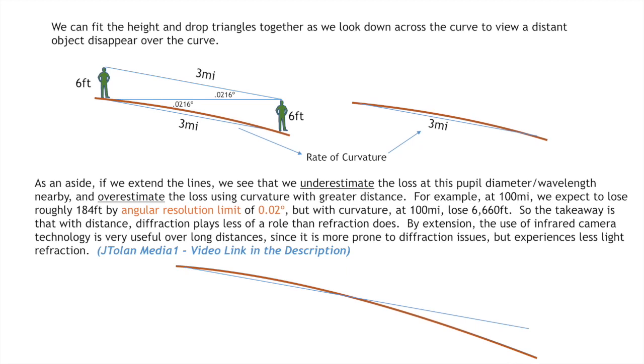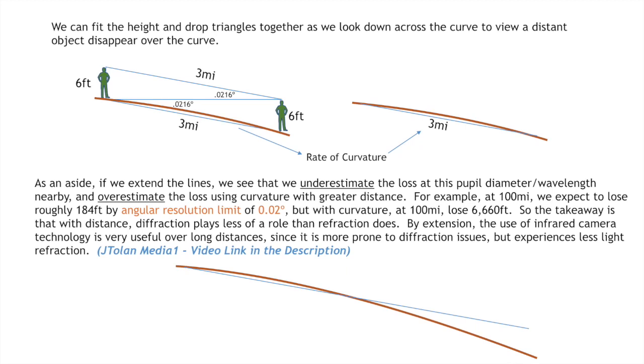So for example, at 100 miles, we expect to lose roughly 184 feet by angular resolution at 0.02 degrees, but with curvature at 100 miles, we're losing 6,660 feet. So the takeaway is that with distance, diffraction plays less of a role than refraction does. That's the takeaway here, because we do see the bottoms of things lost at a greater rate than simply 184